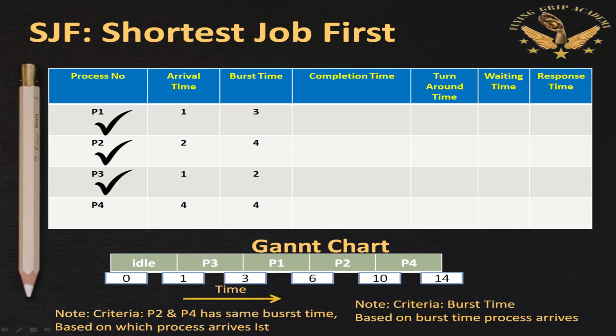So P2 has completed at time 10. Now P4 burst time is 4. 10 plus 4, which will be 14. So next we have to calculate